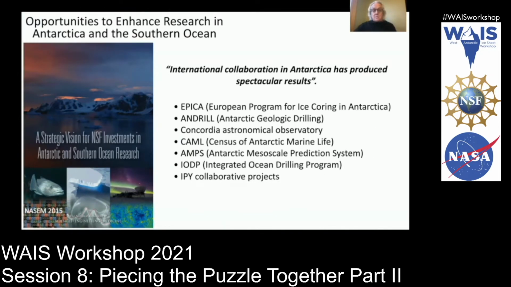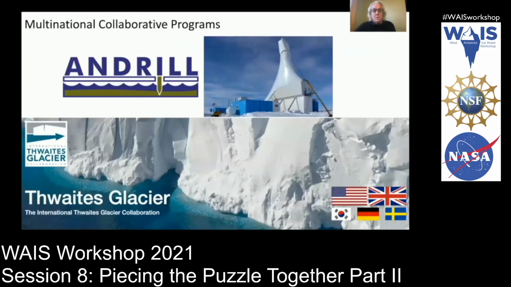The 2015 Strategic Vision Report justified their recommendation for this international collaboration by highlighting some very successful international collaborative programs in Antarctic science. So how were these funded? One model is represented by the Antarctic geological drilling or the current International Thwaites Glacier Collaboration, where several national polar funding agencies negotiate an